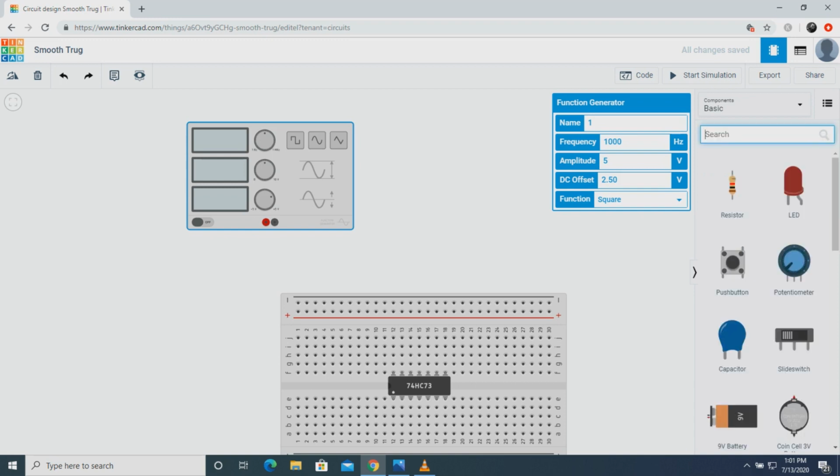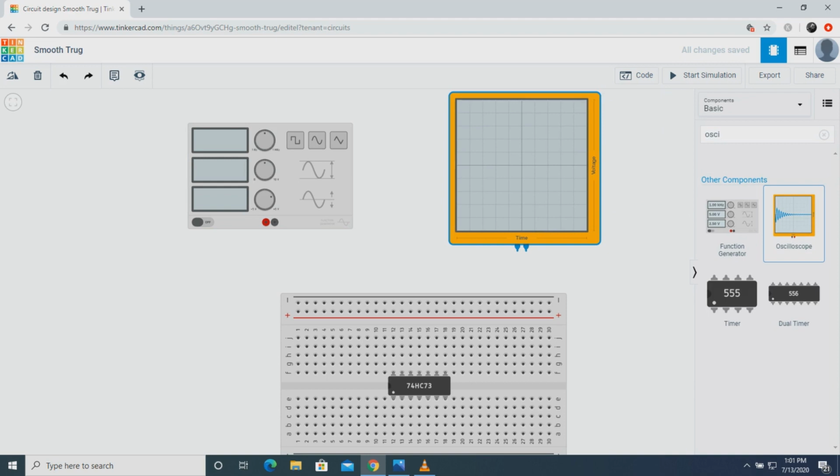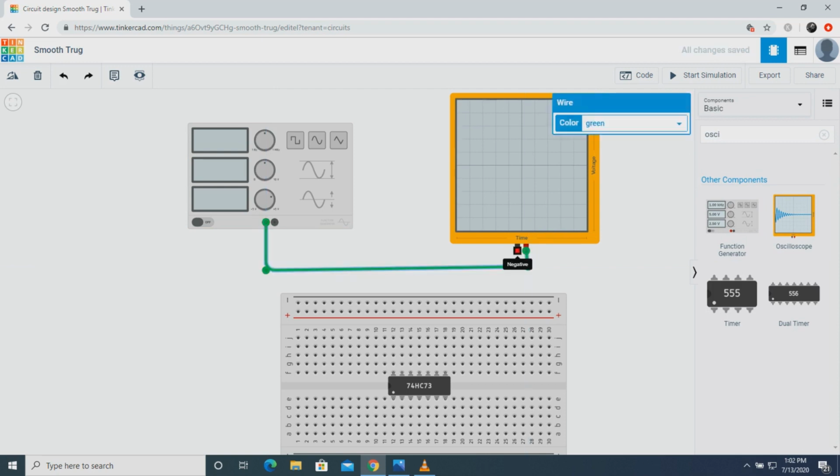So in order to observe the clock pulse, we need an oscilloscope, right? So you write oscilloscope. You see the oscilloscope is here. Simply, you can drag as many oscilloscopes as you want. You just left click with your mouse, drag that positive wire, and bring it here. Okay, that is the connection made, and the ground to this node. So simple. Now if you start the simulation, you will see that